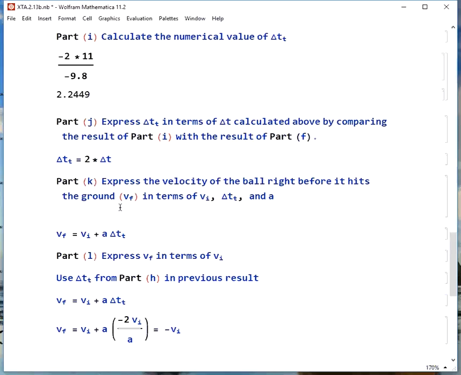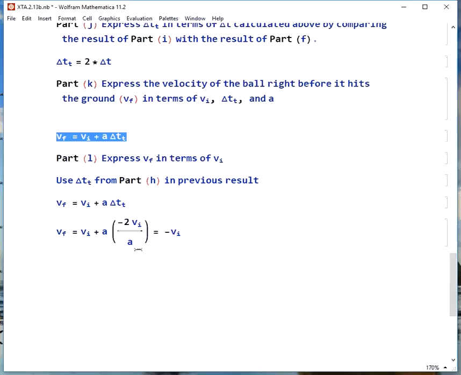Express the velocity of the ball right before it hits the ground in terms of Vi, delta t total, and a. This is just the kinematic equation, Vf equals Vi plus at, and then express Vf in terms of Vi. We use the delta t total from the previous part in this result, and we get that Vf is Vi plus a times negative 2 Vi over a. Notice we get Vf equals negative Vi, just as we would